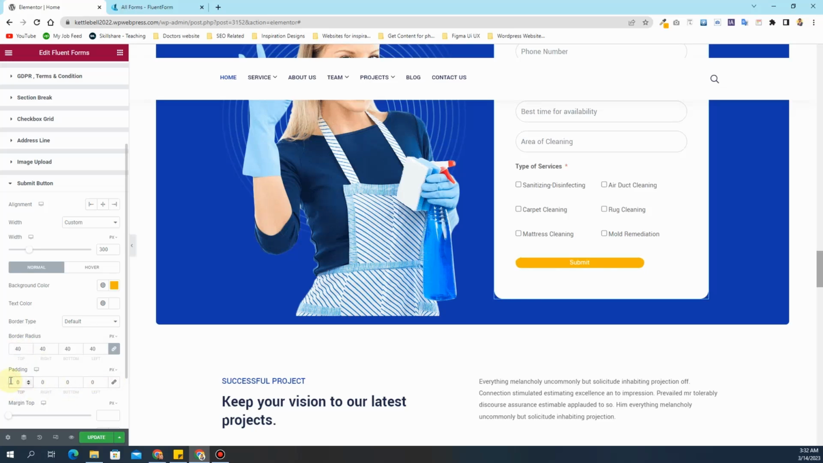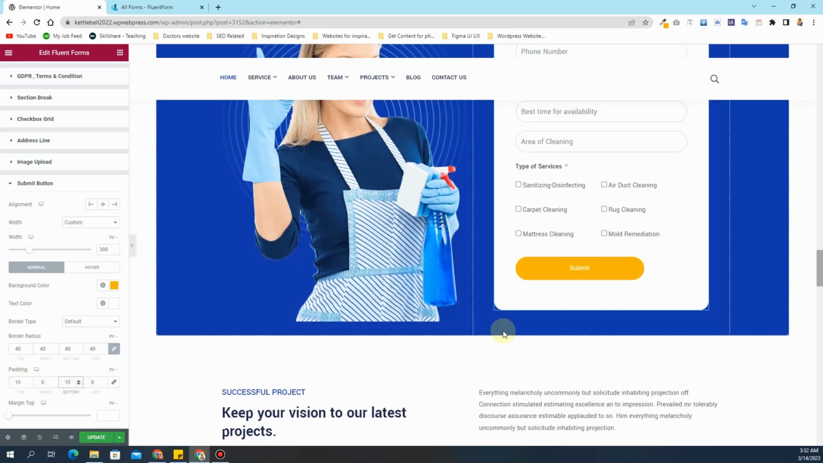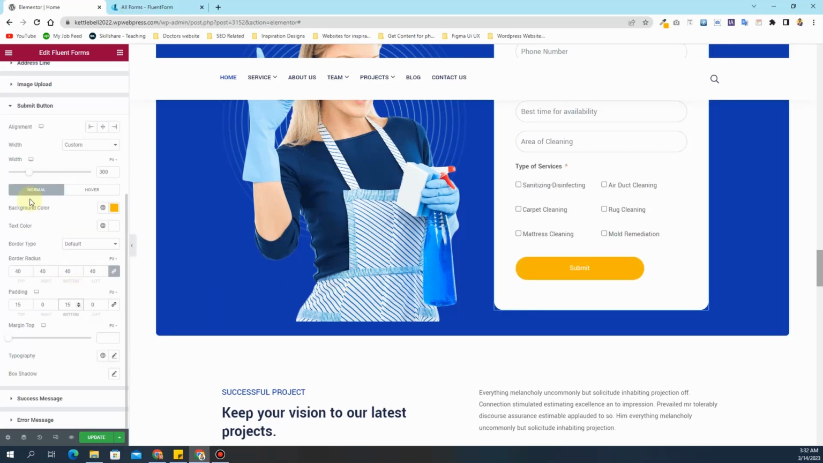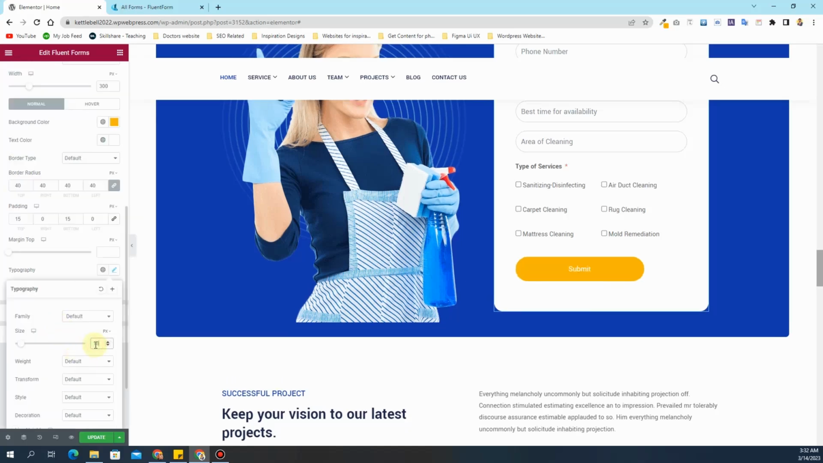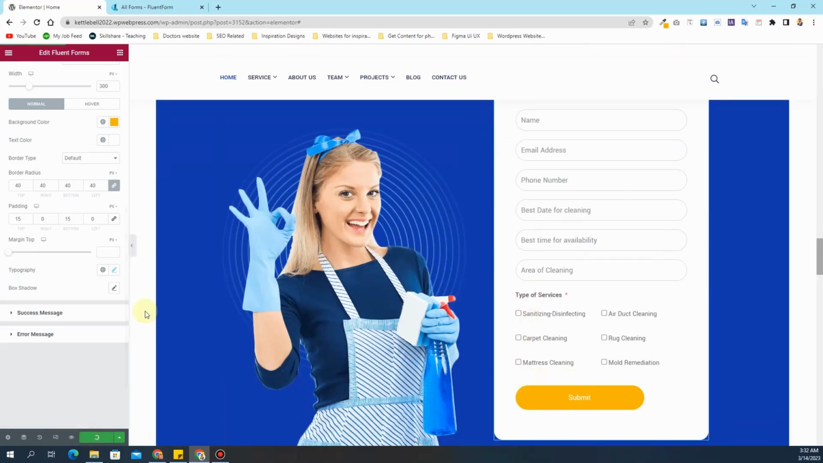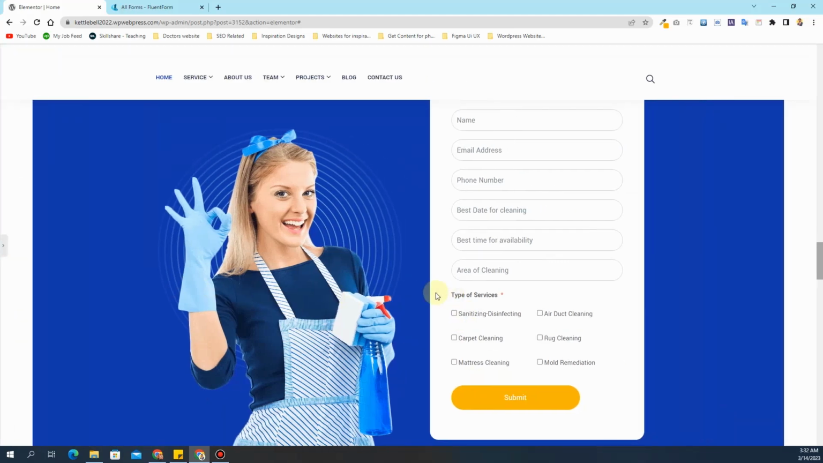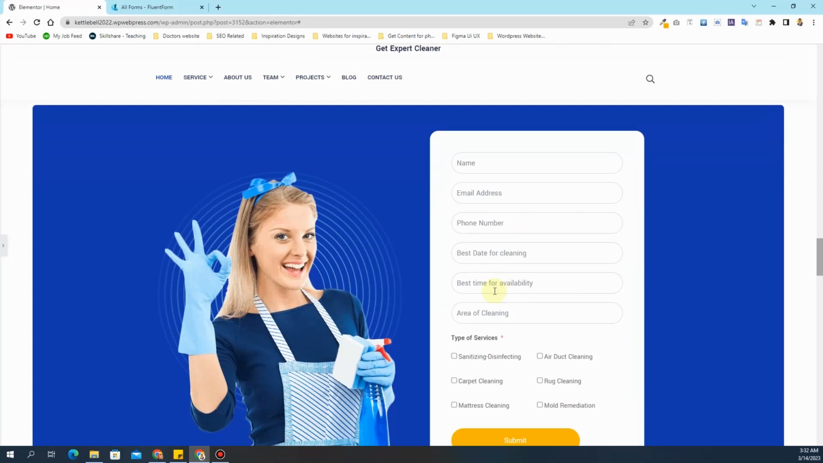So for the button at the top, I want to have 15 pixels, and for the bottom I want to have 15 pixels as well. For the left and right, it is automatically adjusted by the width. And then for the typography, I want to increase the font size to 18 pixels so that our button becomes visible for the people. So right here we can see that we have a completely customized quotation mark,